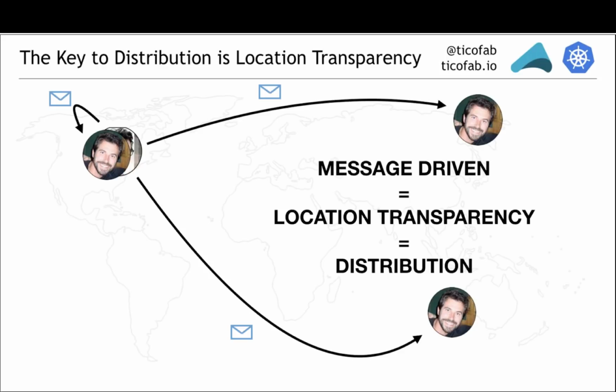So that's a high-level description of elasticity, which is really the ability to add resources as needed, but also to remove them as needed. In this cloud-driven era, we really pay for what we use, and we only want to use the right amount at every time. How about resilience?